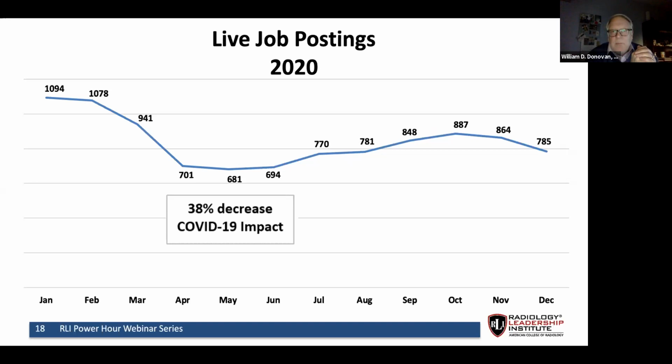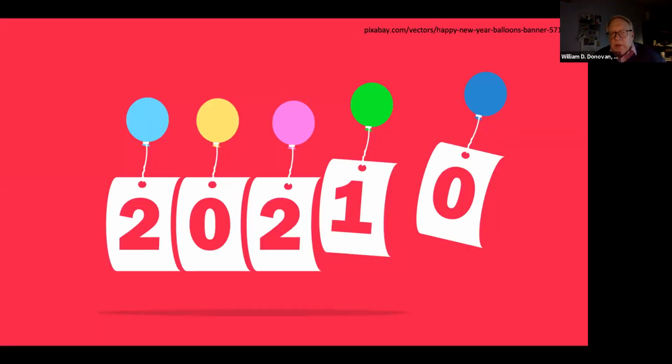And then job postings in 2020, as you can imagine, kind of tanked in the spring, slowly went up a bit, but it's not really a trend that I think anybody can count on. And we don't have numbers really yet, obviously, for 2021. I'd call that a plateau or a holding steady as opposed to a significant rise and subsequent fall. So what does 2021 bring? Well, we'll get to that later on, especially with Q&A. Right now, I'm going to introduce Mark Mullins to take over and talk a little bit about academics.